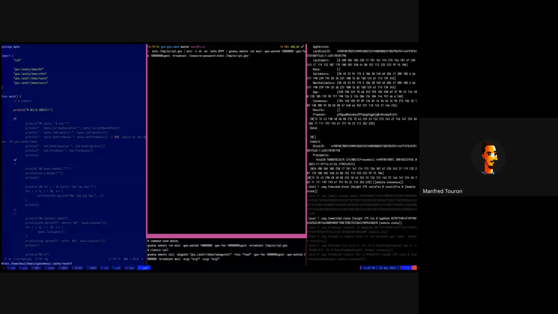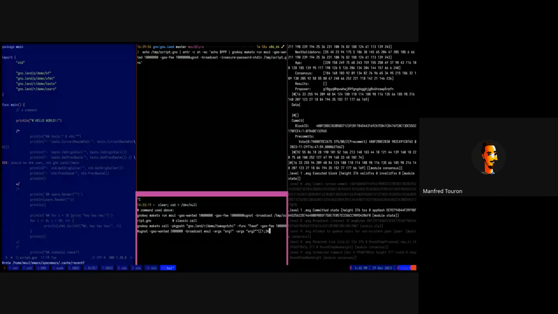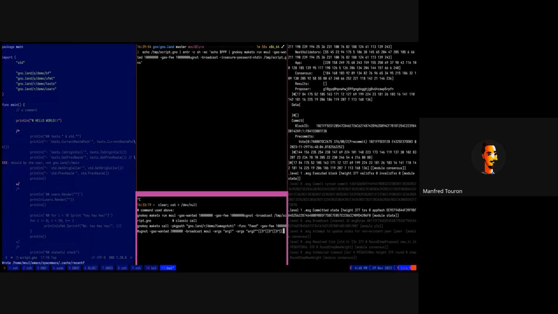Initially you only had maketx call to interact with the contract, and maketx call requires you to specify which contract you want to interact with, then the method you want to call, and finally from 0 to n arguments that are limited to primitive types such as strings, integers, and floats.